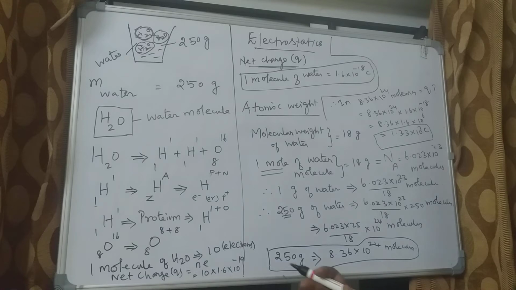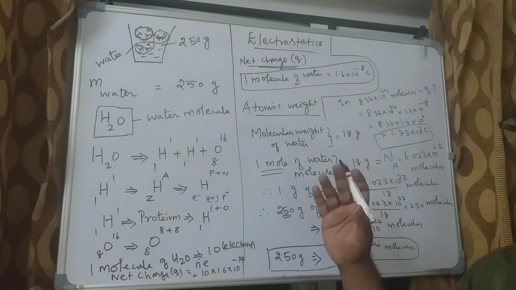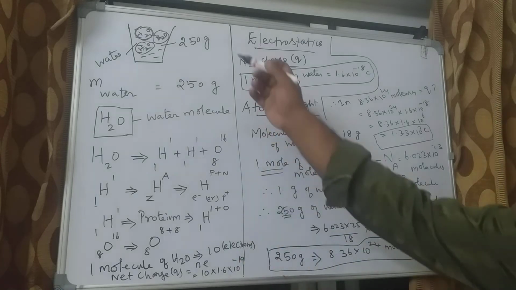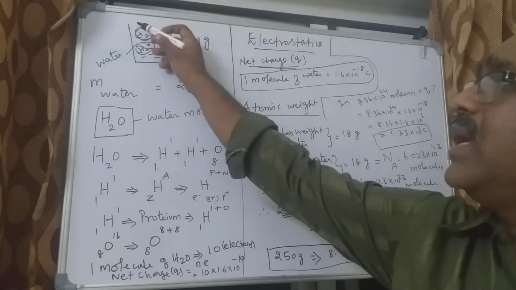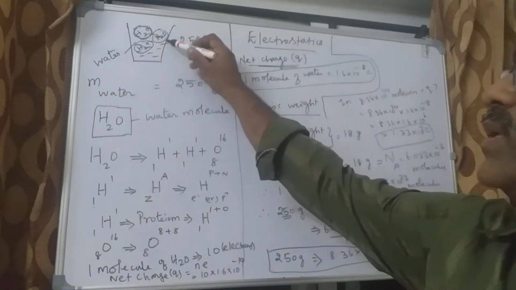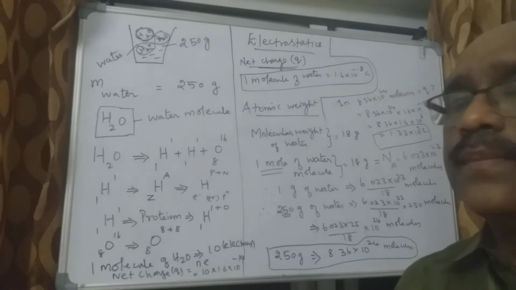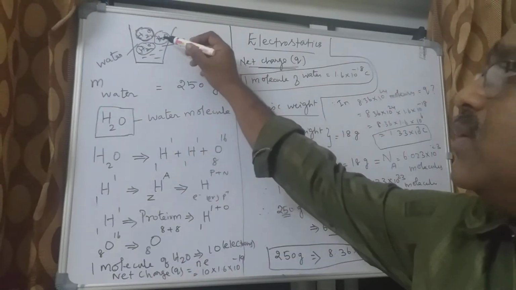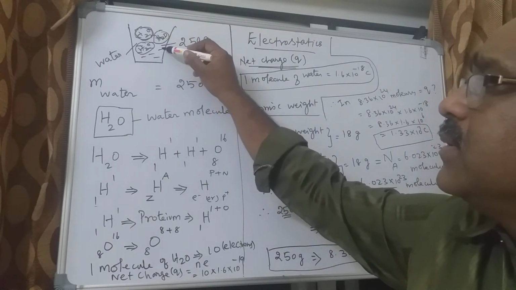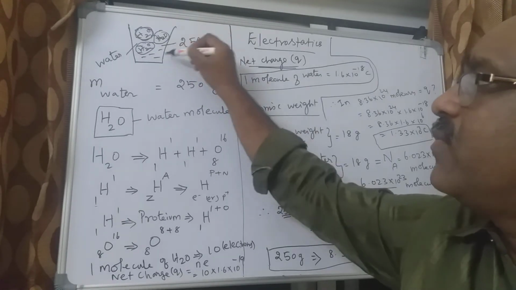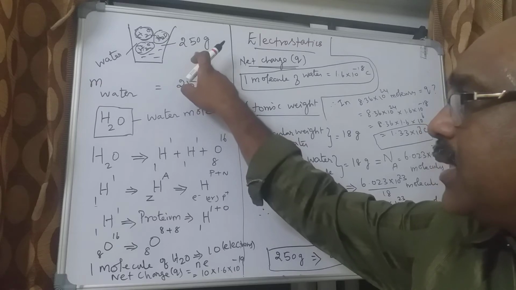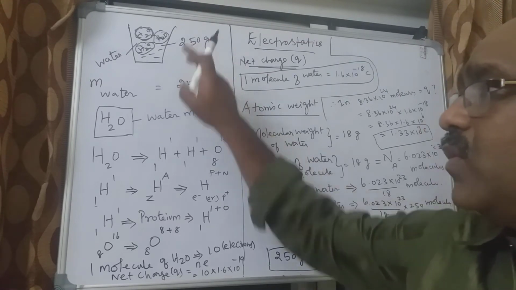I hope that you all could have got the concept in this module. Let me explain once again. So, we are taking a cup of water which contains some 250 grams, and the water will be in the form of molecules. So many molecules are there in this cup of water. We are going to find how many molecules are there in 250 gram of water.